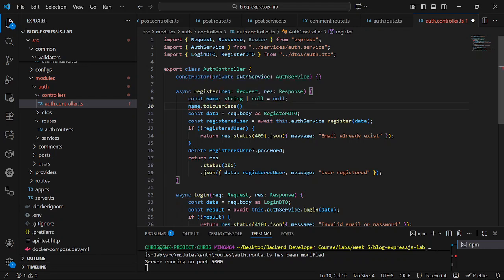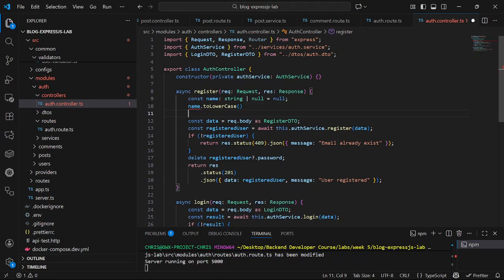Now you see TypeScript is telling me that name is possibly null. Name is possibly null because name has two natures. It can be a string or it can be null. But if I do something like